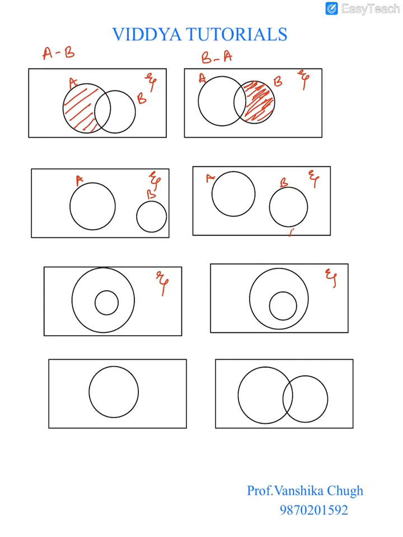In case of a disjoint set, A minus B will be the entire circle A because there is nothing overlapping. So all the elements of A don't belong to B. So it is shown by shading the entire set A. B minus A in case of disjoint sets will be all the elements of B, as there is nothing overlapping in disjoint sets. Coming to the subsets,